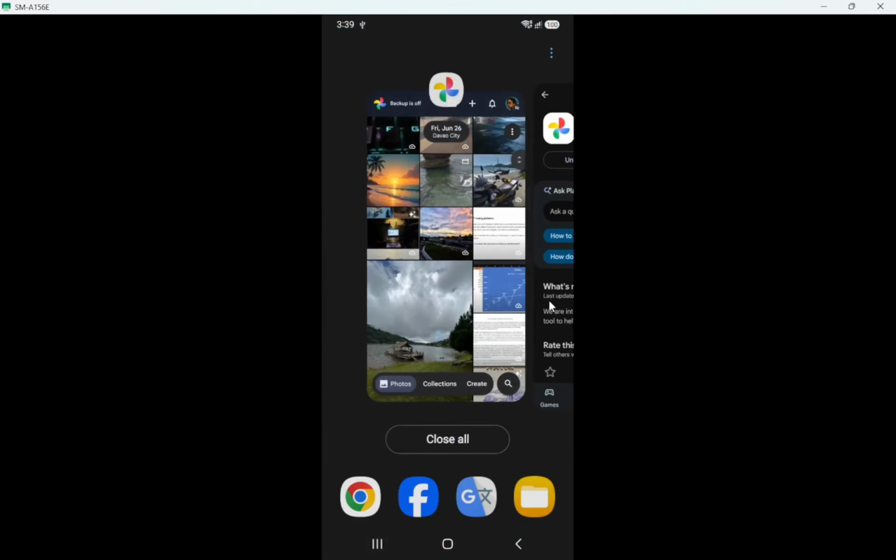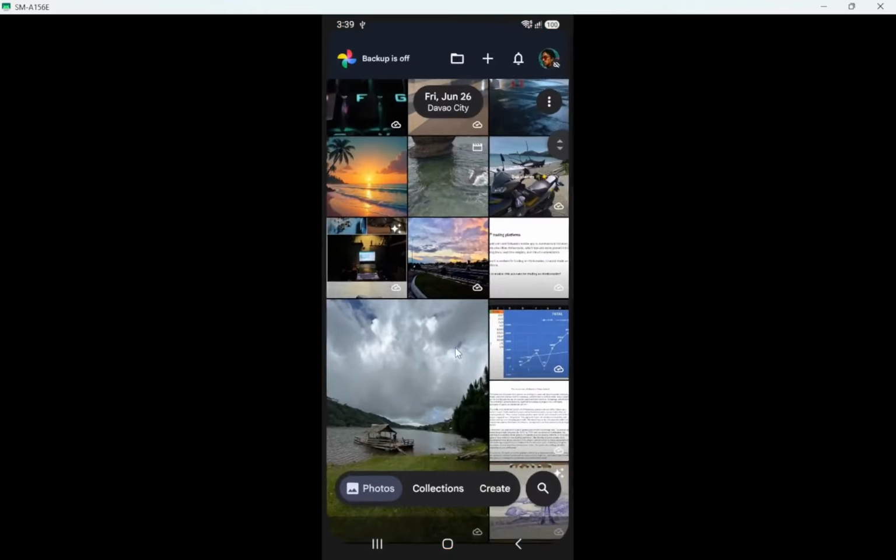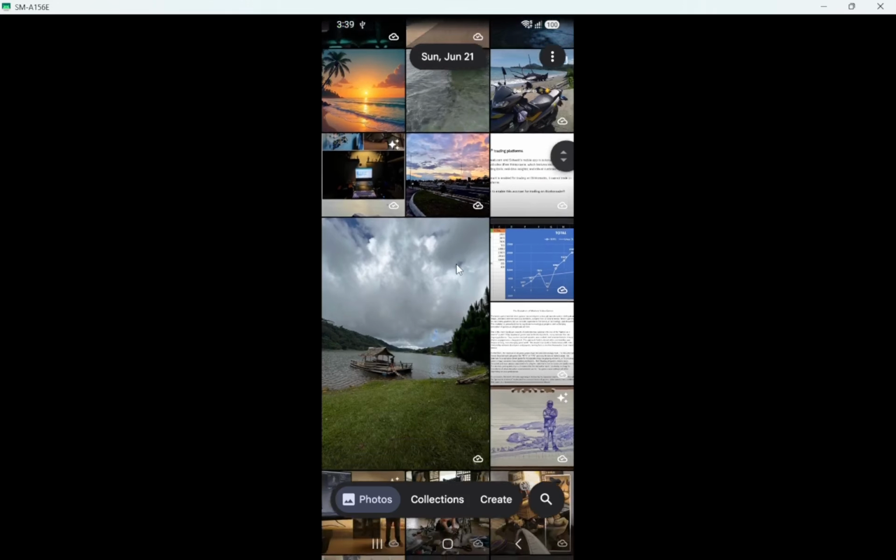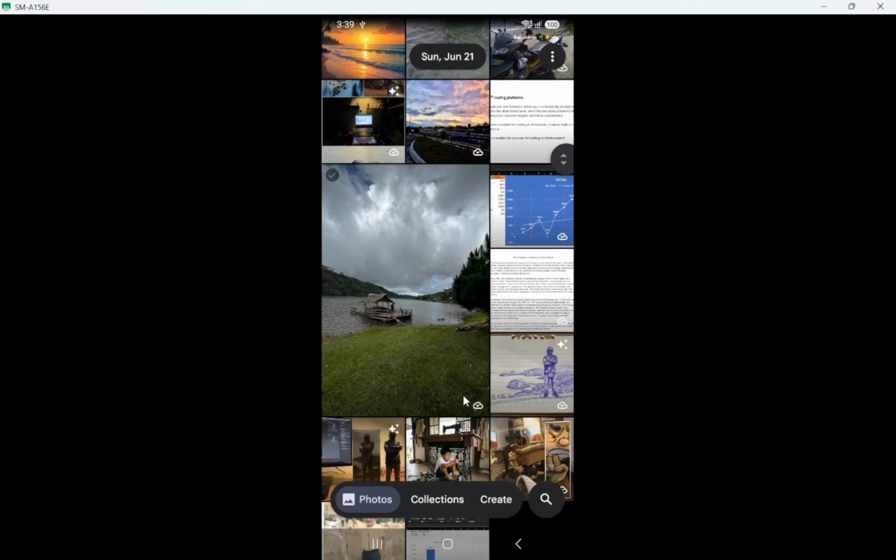First, make sure the photo or video is actually backed up. Open Google Photos on your Android device and tap the item you want to share. Look near the top of the screen for any small cloud icon or a message about backup in progress. If it shows that it is still waiting to upload, leave the app open and give it some time so